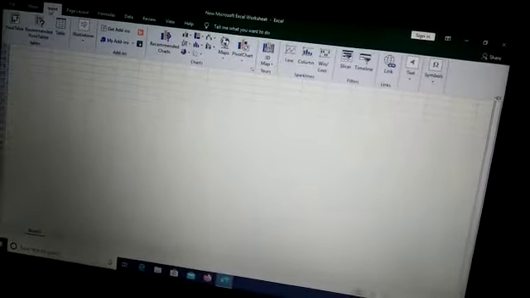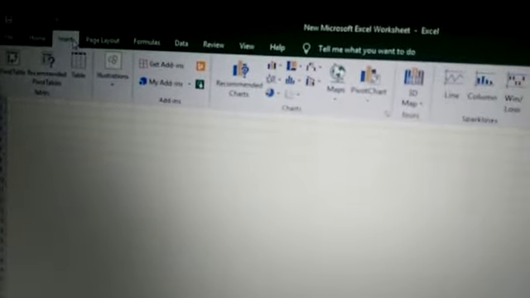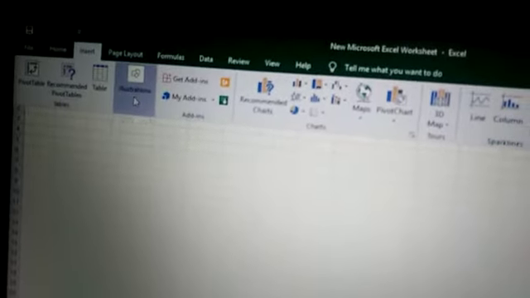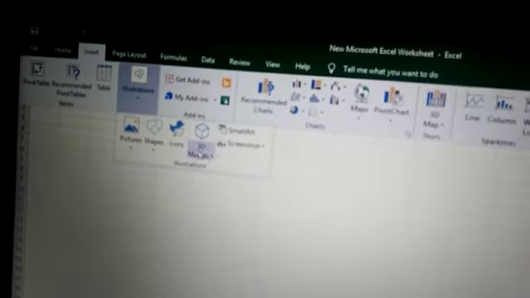For creating smart art, you will have to just come on the insert bar again. You will have to choose what you want to make. So for creating the smart art, the first thing is your insert tab. You can see here, that is insert. In this we come into illustration, then we will come on the smart art.